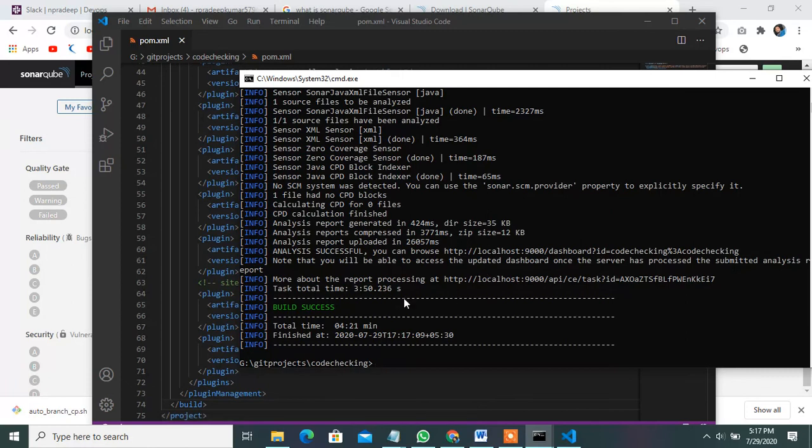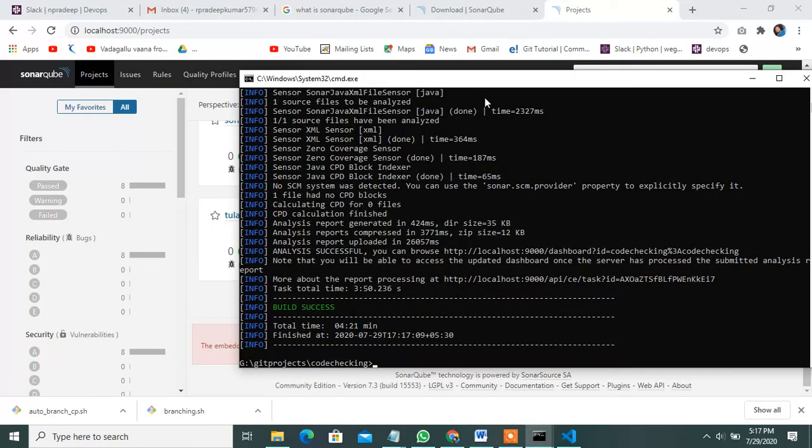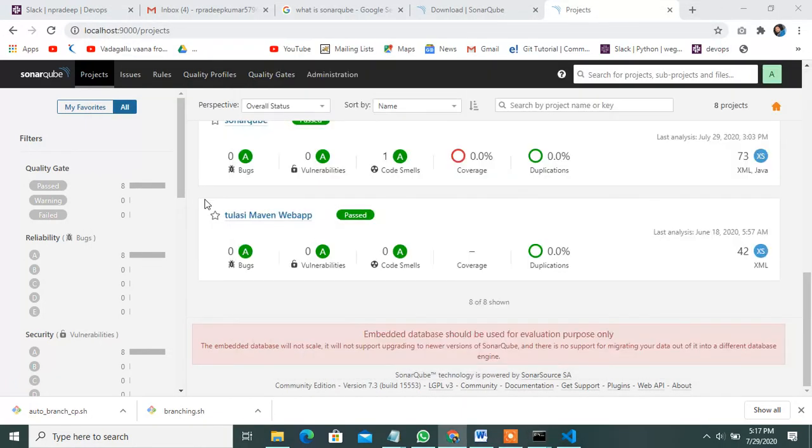See, build is successful. Wait a few minutes and then it will build successfully. Once you can check the server, is my project deployed or not?